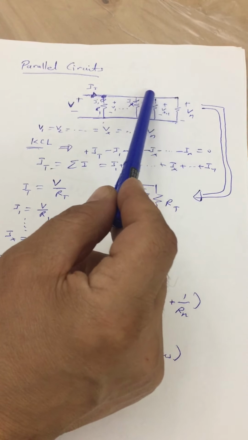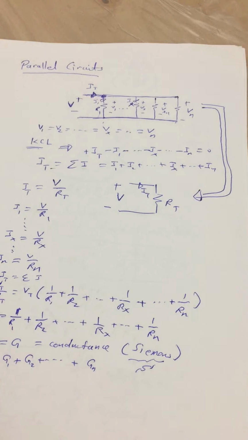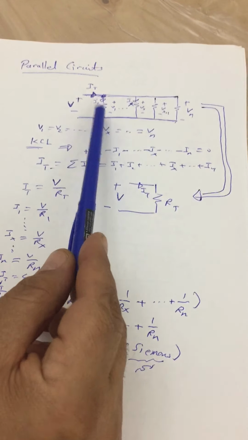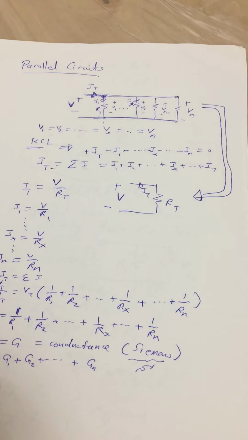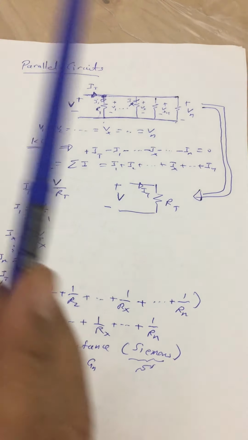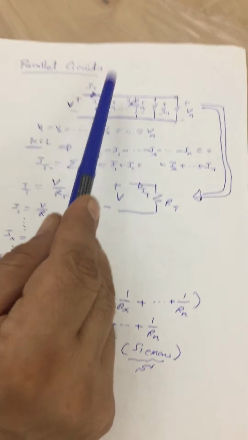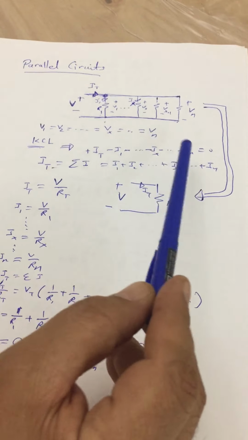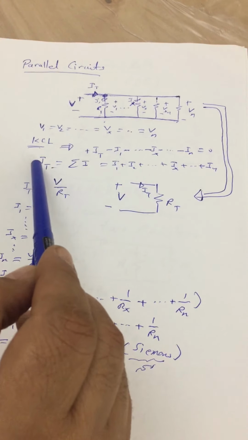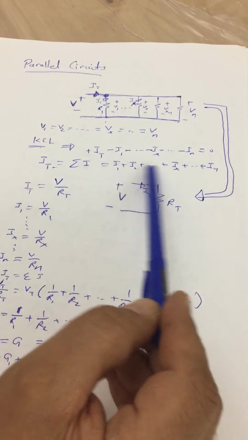So the voltage between these two nodes is the same for all elements, which means that V1 and V2 and Vn are the same. If we apply KCL to this node here, then we get I total minus I1 minus I2 minus In equal to 0, which means that I total is equal to the sum of the currents passing